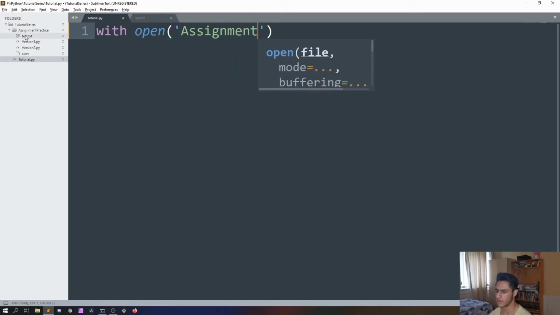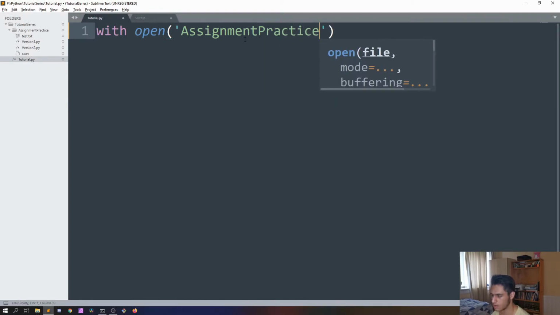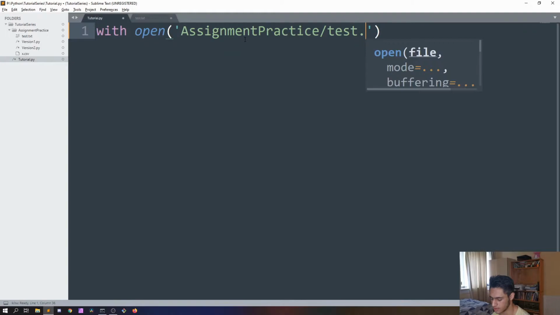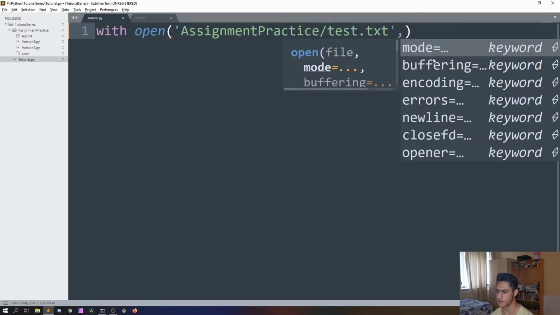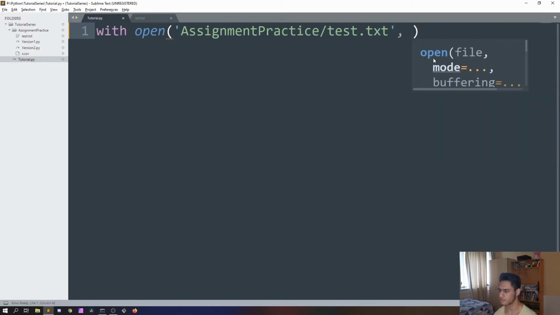So I'm going to test on test.txt. I just figured it would be better since it's in a different path, in a different folder. So you just put the folder name, and then you put a backward slash, and then you put the file name, so test.txt. Now it is important to put those in quotation marks or apostrophes, because it's a string. And you put a comma,